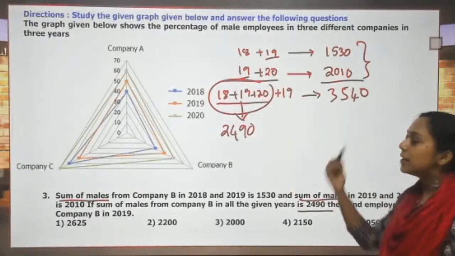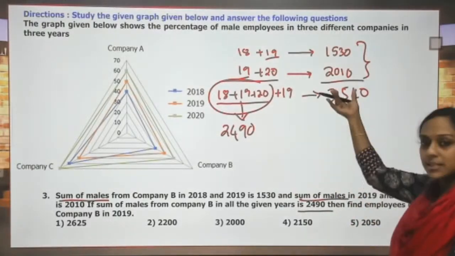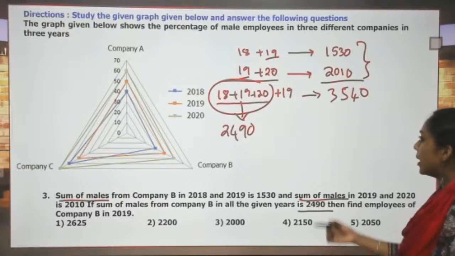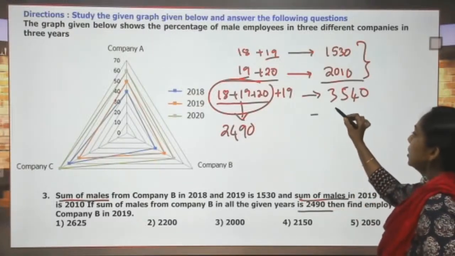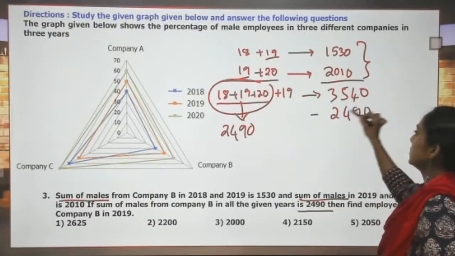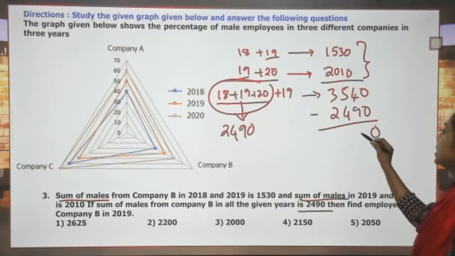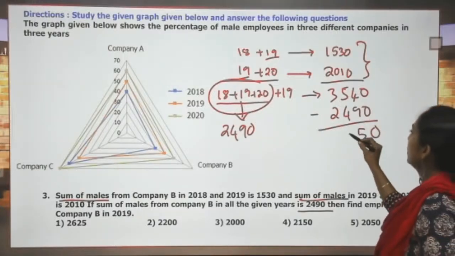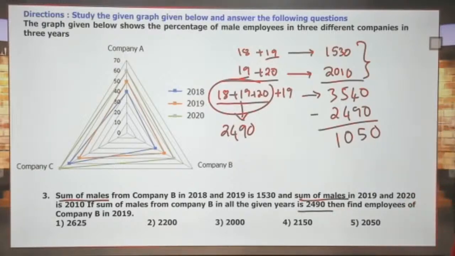So what is the value for 2019? That will be just subtract it from 3540. I am going to subtract it, so that is minus 2490. On subtracting, this will be 1050. Okay, this is 1050. And next,